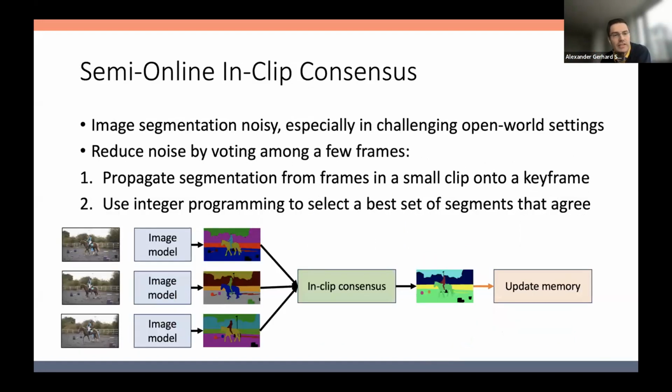And the way we do this is via what we refer to as an in-clip consensus approach, where we run the image segmentation, where we propagate the segmentation from frames in a small clip onto a keyframe, and then we merge them in. And for that, we formulate a small integer linear program, which combines the different segmentations into one that are then updated